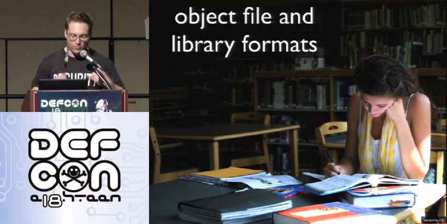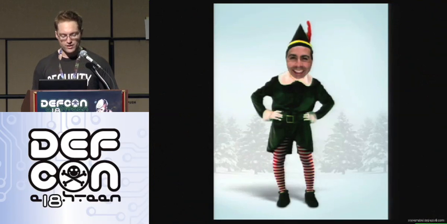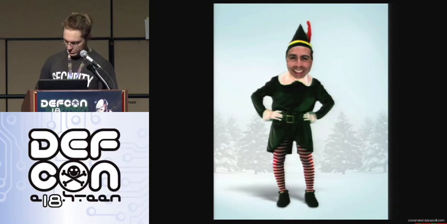The big thing we need to know more about, though, is object file and library formats. And we care about two of them. The first that we care about is ELF, the Executable and Linkable Format. This is the format that was chosen as the standard format in the System V ABI for